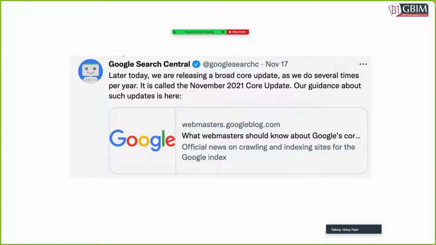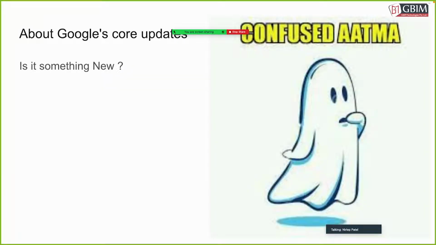The core update, it's not a new update, it's very old. Everyone knows about the core update. So Google is again repeating the same updates, not with new elements, but definitely with more powerful signals. Not every website, but websites that are providing very good quality or impressive content definitely have a high chance to get top positions. Okay, so let's talk more about the same.